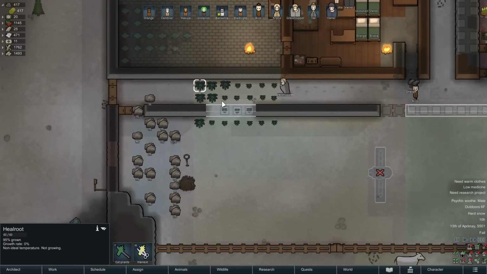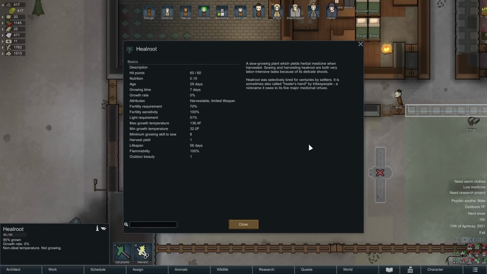Also, note to self, healroot basically doesn't... Does it ever die, even? We don't have a plant death temperature. Minimum growing skill. We have a minimum growth temperature, but...